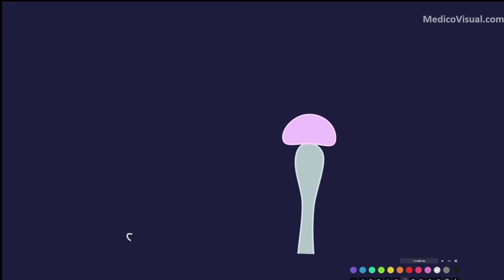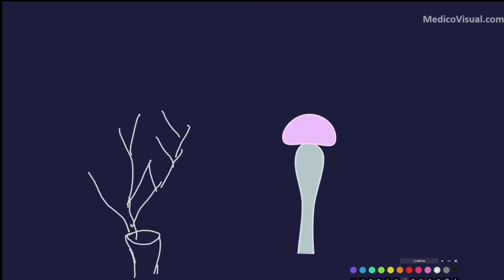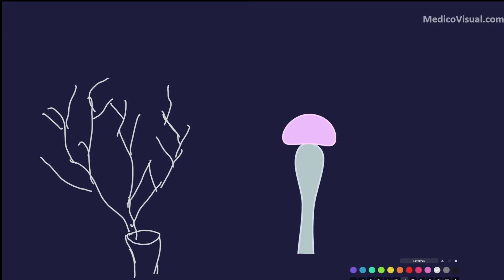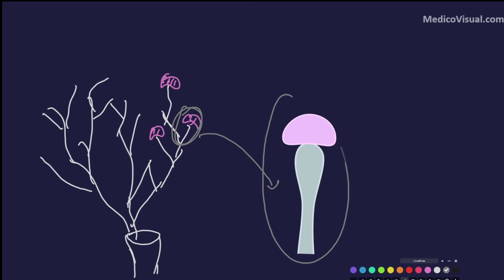So here is that minor pelvis, and from the minor pelvis we have seen that there are certain divisions and subdivisions like this, the tree-like arrangement that we have already discussed, and that ultimately forms the pyramid. Not the pyramid, this is basically the collecting ducts, and at the terminal end of these there is that metanephric blastemal cap like this. Now let's say that we have enlarged a single one of these. So let's suppose we are just enlarging this one, and now we are looking at this structure only. So I hope you got the concept.